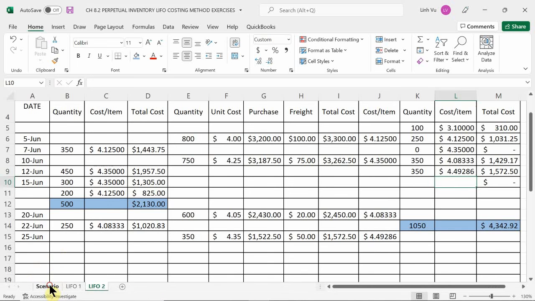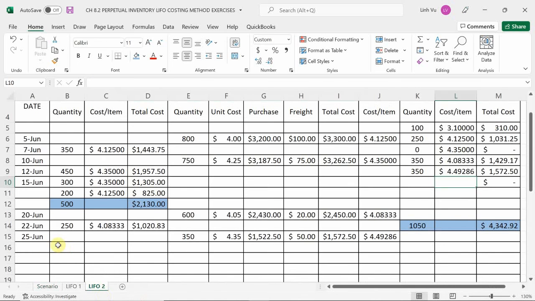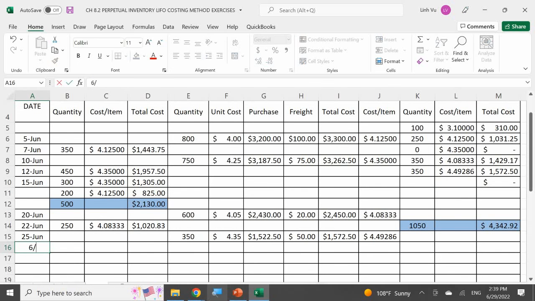Okay. So then last but not least, on June 27, we end up selling 550 units, giving me a remainder of 500 units on June 30th. So June 27, we sold 550 units. So in this case, which batch am I going to eliminate first? You take the 350 from the